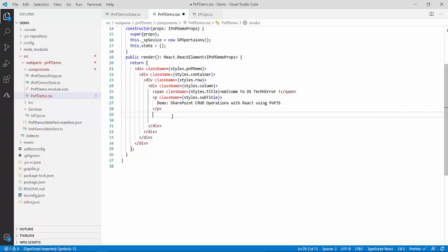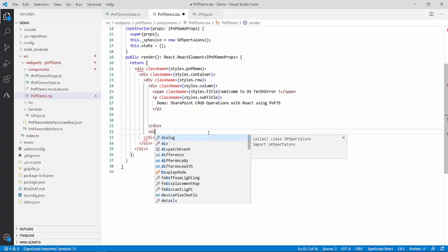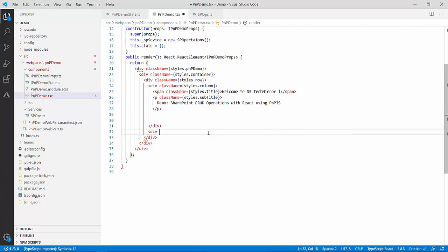And from here I will create another column, and inside that I will create my own method, and inside this I will create all my buttons and all my drop downs, etc. All that I will do in this div. So this is my div id, I will call it parent div. So dv underscore parent div, and inside this, first of all